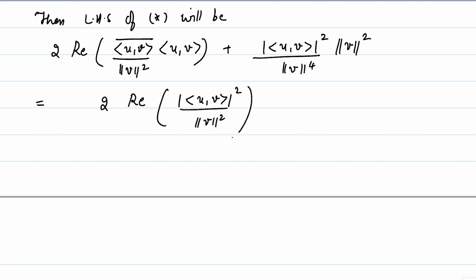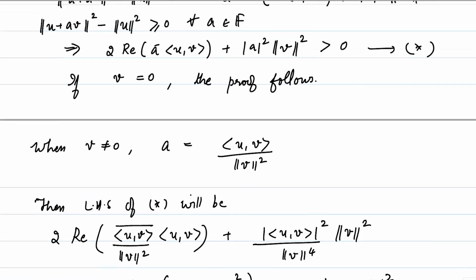Why would it be the absolute value? Should check that if z is equal to a plus ib, z bar is equal to a minus ib, and z z bar will be just a square plus b square, which is the square of the absolute value of z. So this is exactly what we will be getting. Plus, after cancellations, the next term will just be equal to the absolute value of the inner product of u comma v the whole square by the length of v square. But notice that we are looking at the real part of a real number, so that has to be the number itself. So this is equal to 2 times,